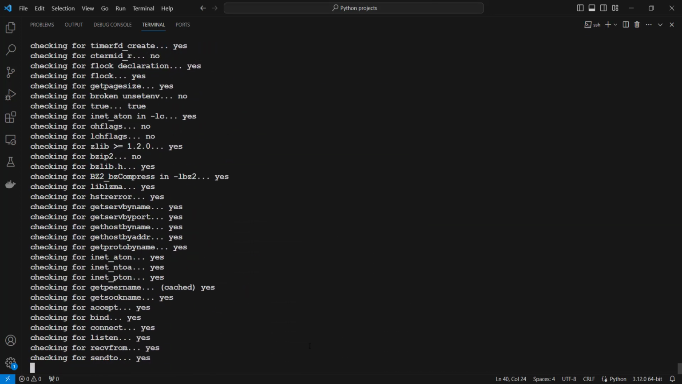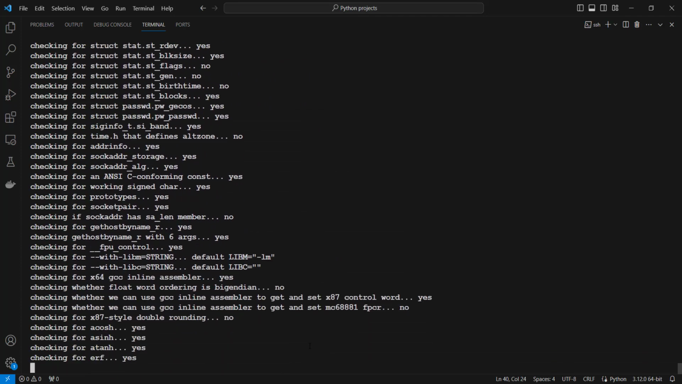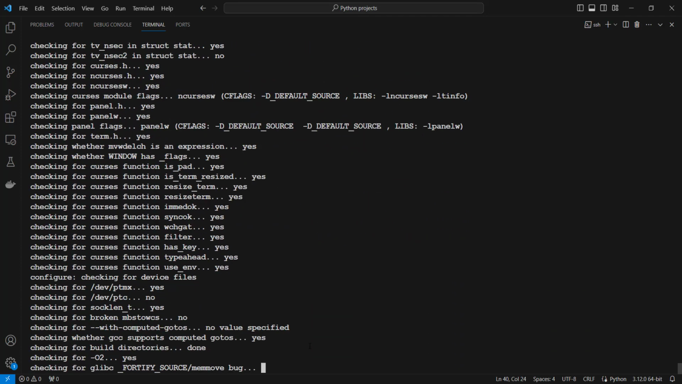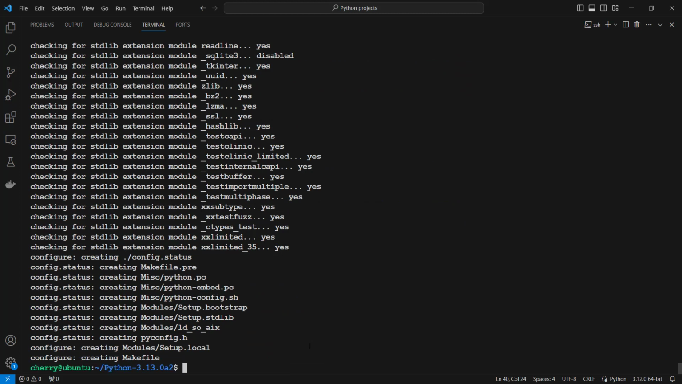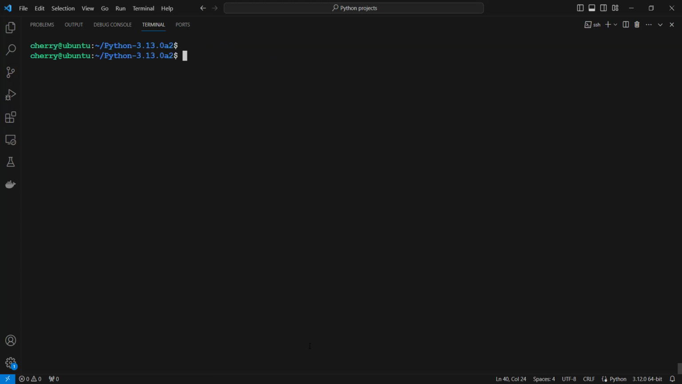So this can take a few seconds to a minute, so just be patient. All right, so everything looks okay. All right, so now the next step, we are going to initiate the build process. Okay, so we are going to run the command sudo make